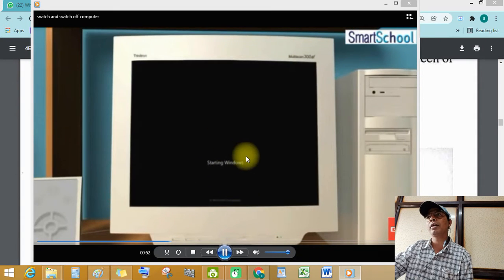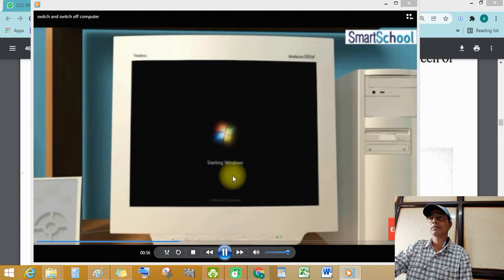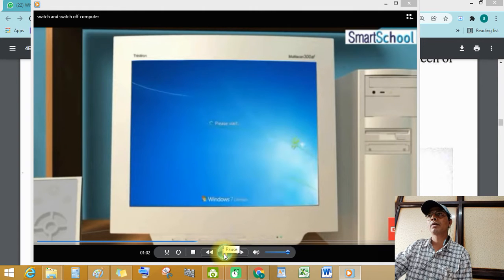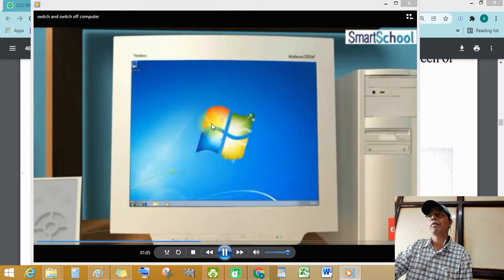See this, starting Windows. Welcome screen. This is the start of the computer. Okay, this is the desktop and this is an icon.